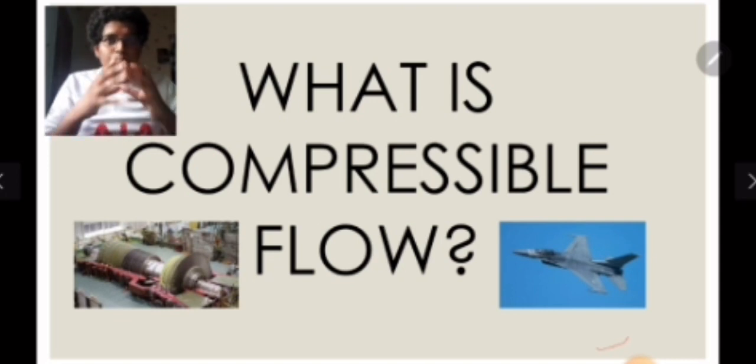If the Mach number is smaller than 0.3, then that flow is considered to be incompressible. And the study of compressible flow is relevant to high-speed aircraft, jet engines, rocket motors, high-speed re-entry into planetary atmosphere,